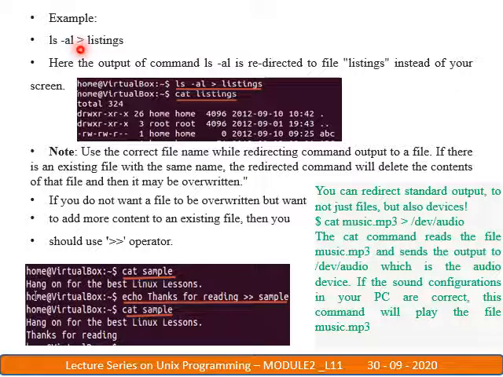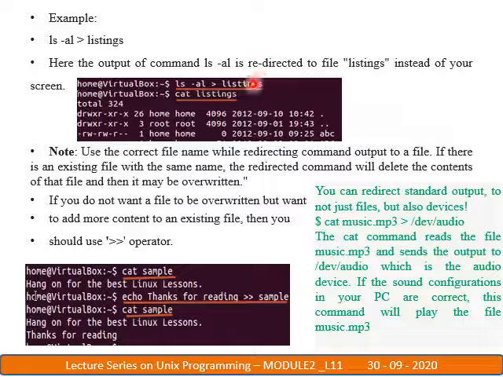But here we are redirecting that output to a file we have given, called listing. So whatever the output of ls -al is, it is redirected to this file, listing, instead of the screen. You execute ls -al, then the redirection operator, the greater than symbol, then the file name.